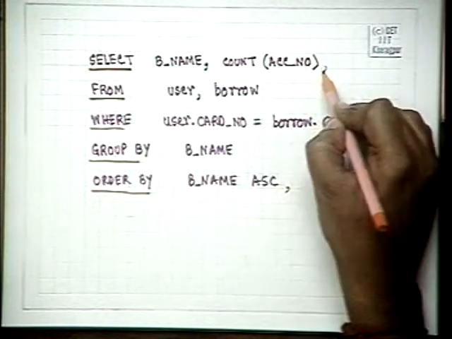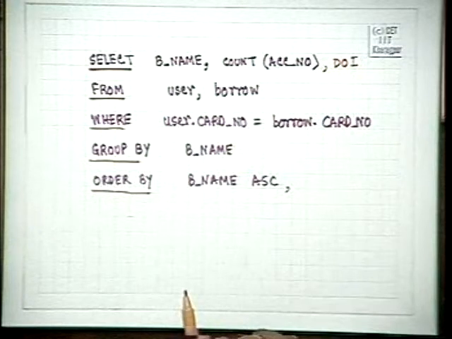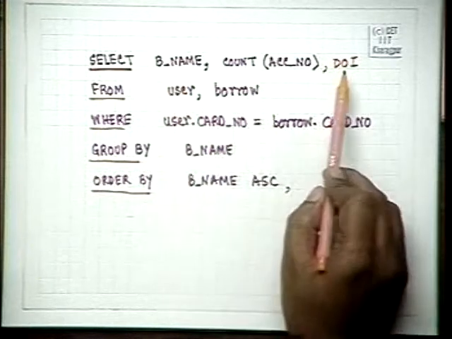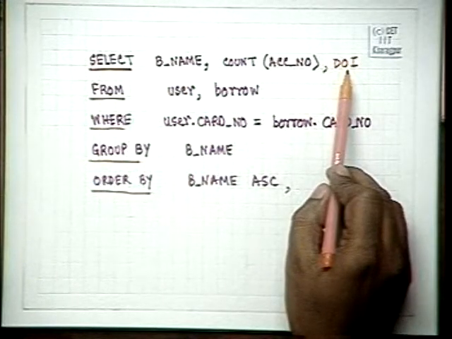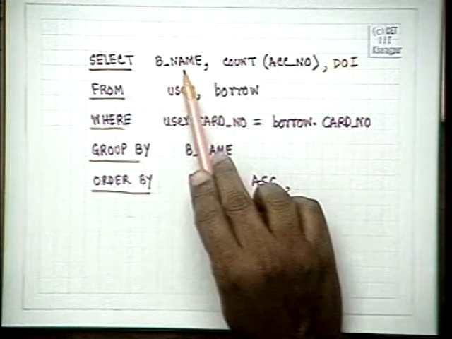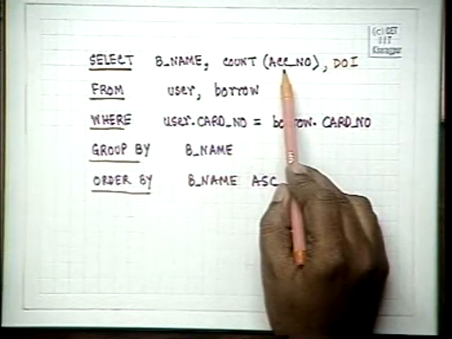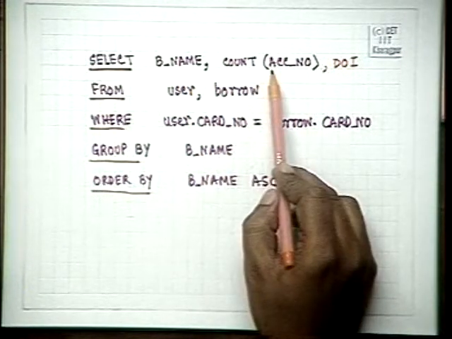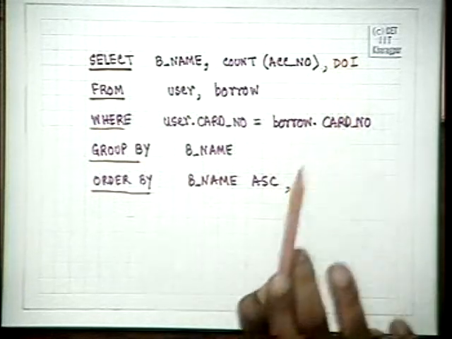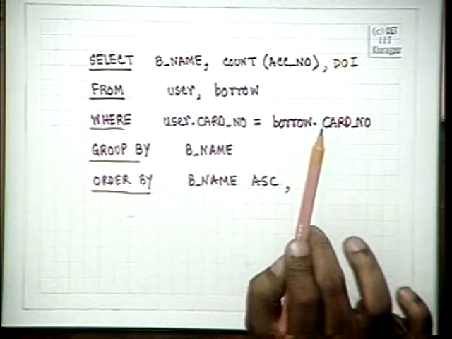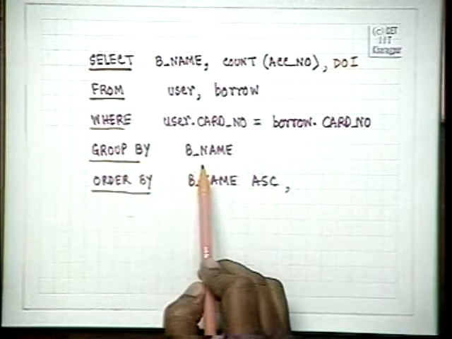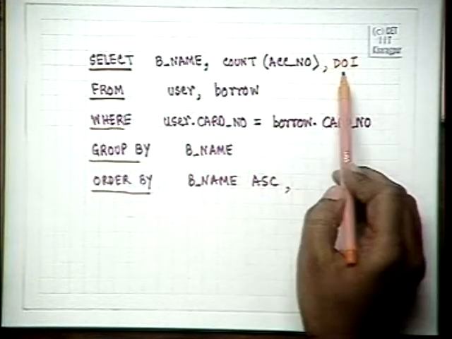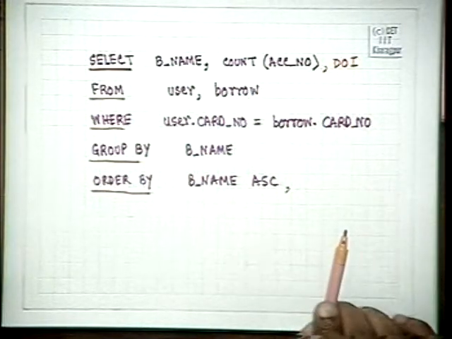The question is, if date of issue was here, then we would have had something very interesting. For every book we would have had a date of issue, and for every borrower's name we would have this same total count. So if we have Vijay's name 5 times, the same number will come 5 times, only the 5 different dates of issue will come. That is what will happen, because it is grouped by borrower's name, and whatever is the same name, the same count will always be there. If you write date of issue here, then you will get all the dates of issue.